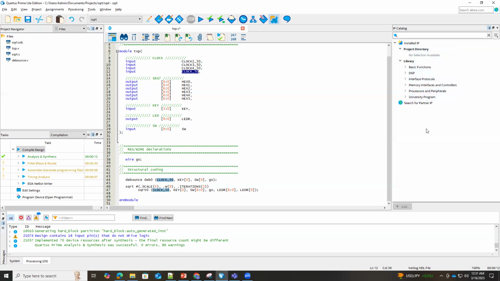I don't want to go over what we call Platform Designer at the moment. Maybe in a later video when we want to integrate the hard processor system. But right now we don't need that. All you need is to search for PLL. Just type PLL here, and you will get a number of components, and pick this component, which is